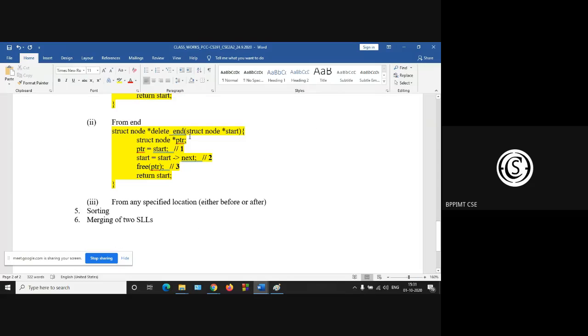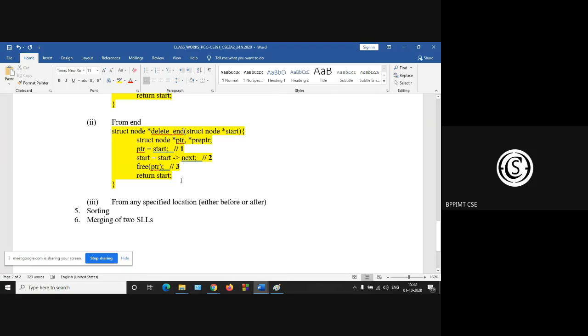So delete end. So this is ptr, and if you are using two pointers, you can use one pointer also, pre ptr.